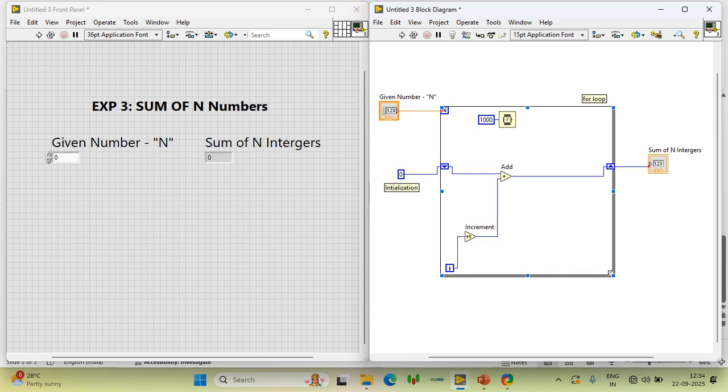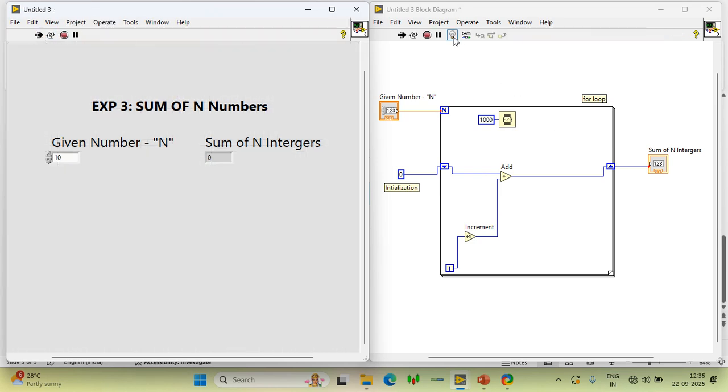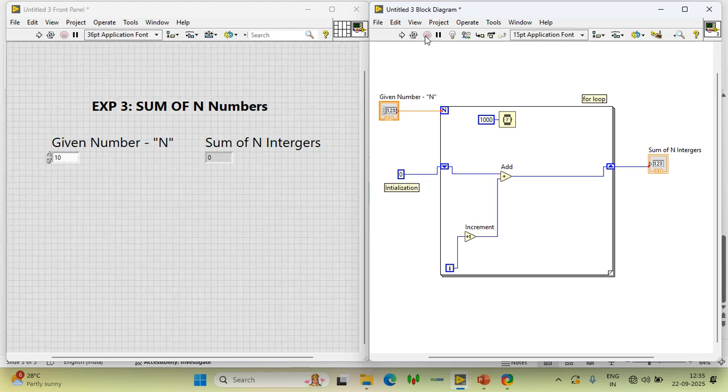Now I'll put that into run mode. Before that, let me give the input as 10. The first 10 integers are to be added and the sum should be stored here. Now let us run it and visualize all the operations. So look at here. I'll rerun it. I'll just stop, and so that we are able to observe from the starting stage, highlight the execution and